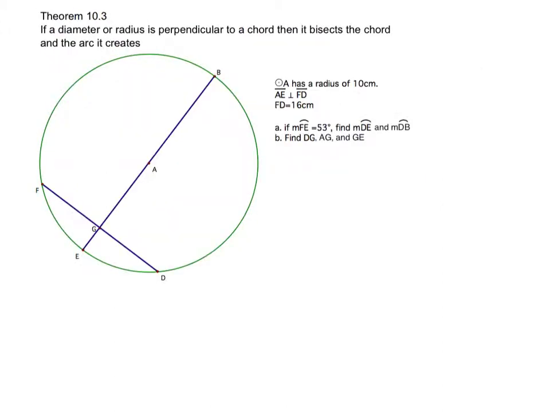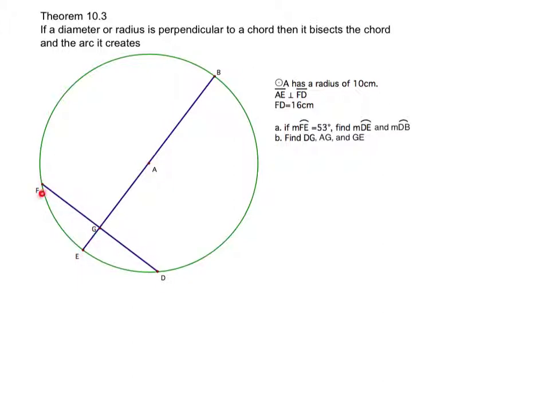All right, now we have another theorem about chords and circles. So in this one it says if a diameter or a radius is perpendicular to a chord, then it bisects the chord and the arc that it creates. So in this example here we have this diameter and then this chord. And the chord